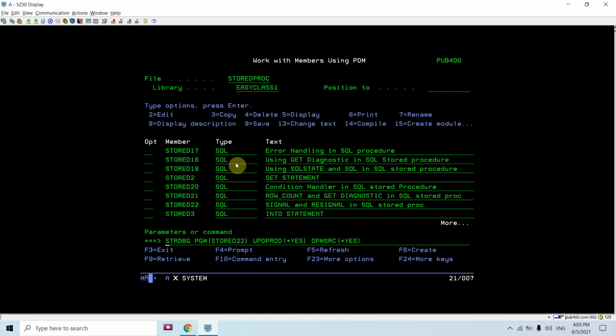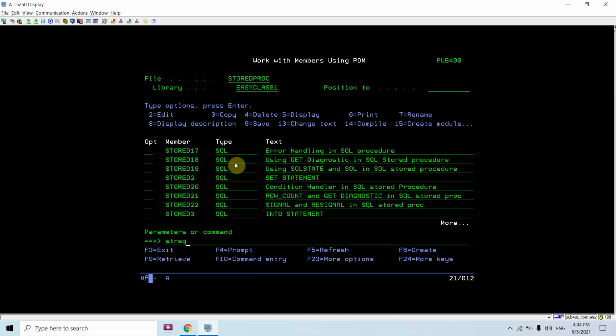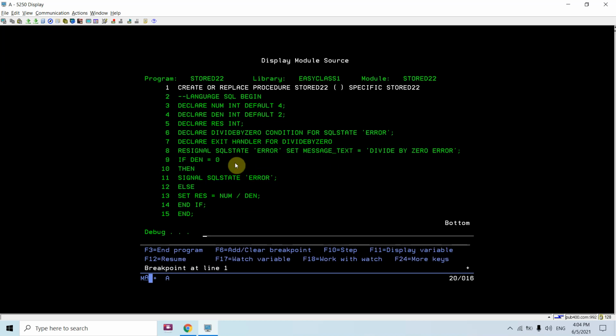Just do debug again, so that we should come to know that in this case, where there is no error encountered, then denominator is not 0, then we will not face this error. Set the breakpoint, just call it from SQL.